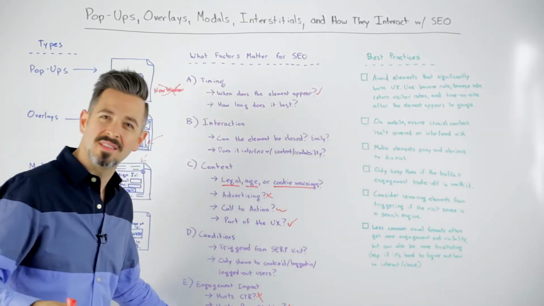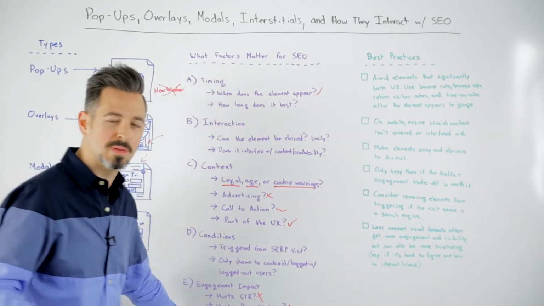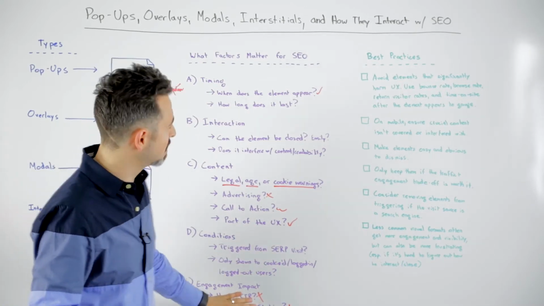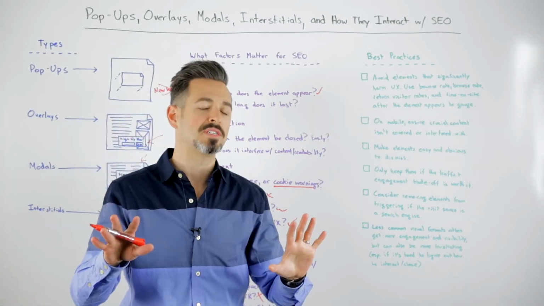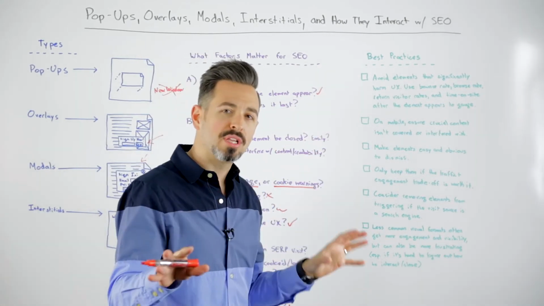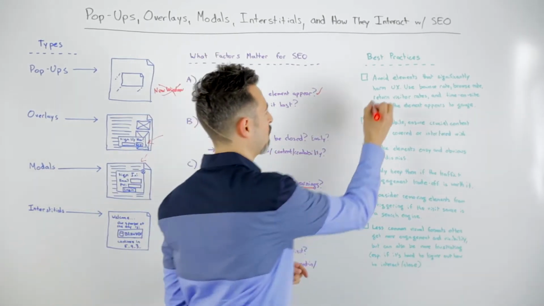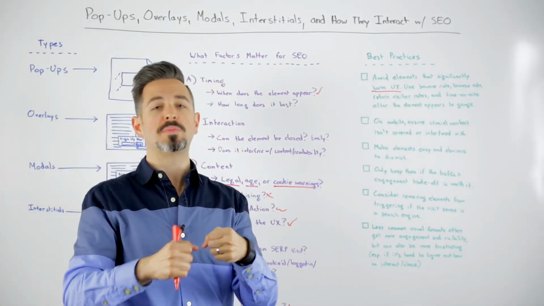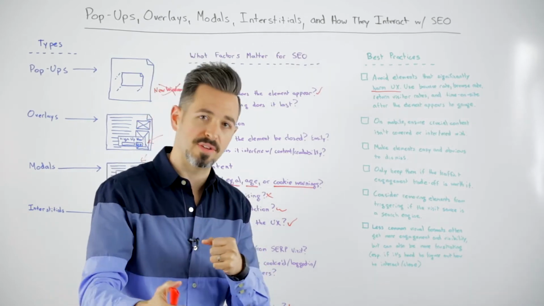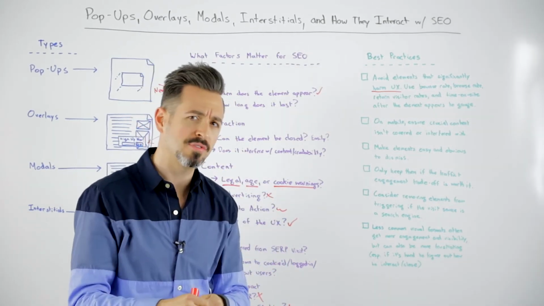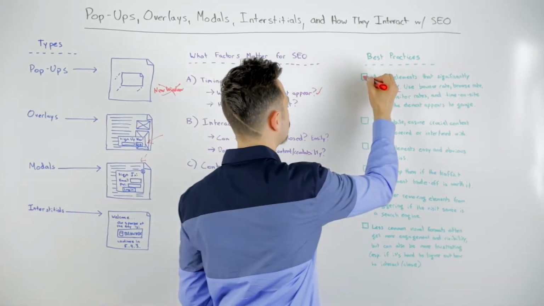So this is sort of the ultimate thing that you should be measuring. Some of these can still hurt you even if these are okay, but this is the big one. So some best practices around using all these types of elements on your website. I would strongly urge you to avoid elements that are significantly harming UX. Right? If you're willing to take a small sacrifice in user experience in exchange for a great deal of value because you capture people's email addresses or you get more engagement of other different kinds, okay, but this would be